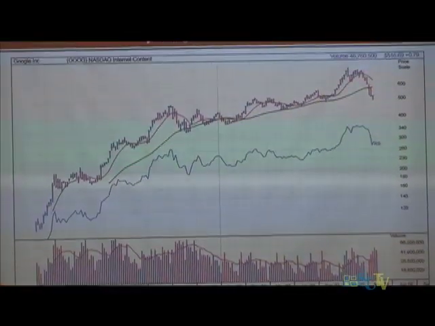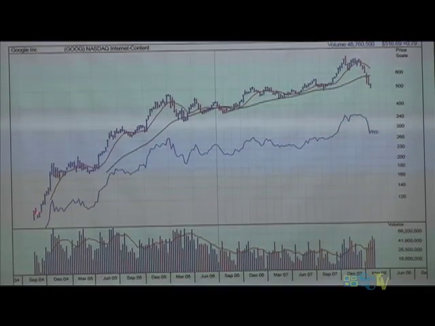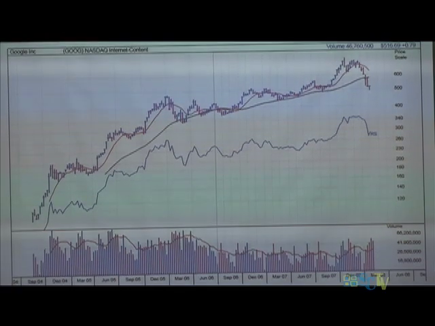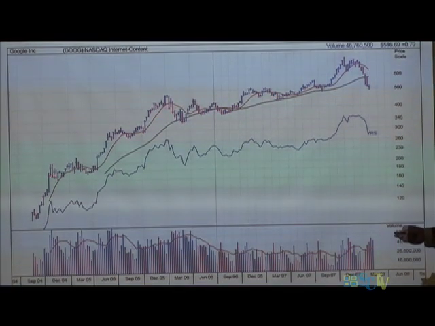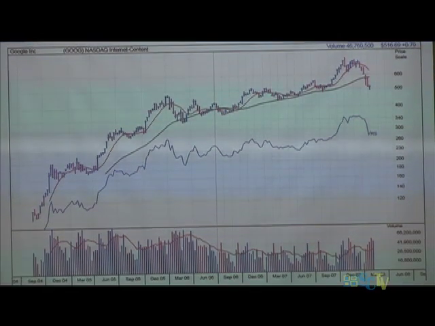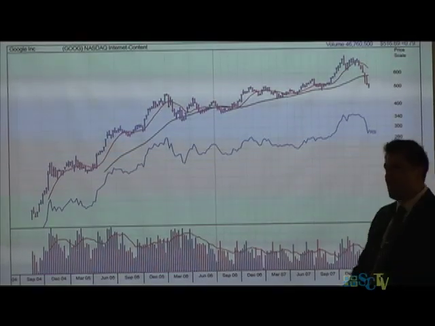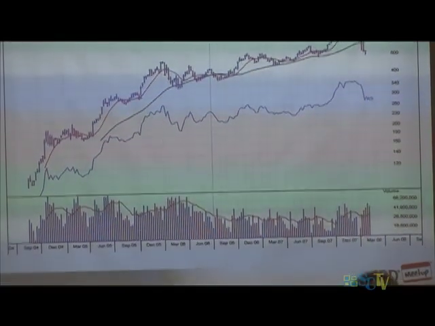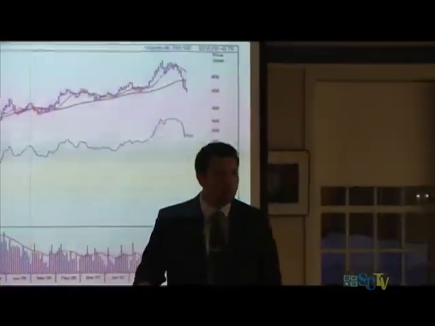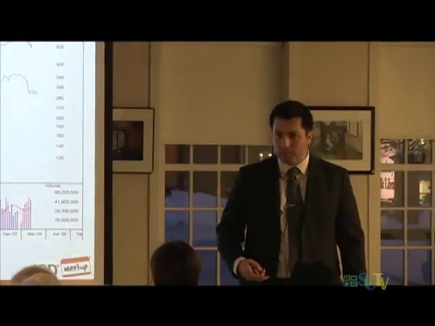This is Google from 2004. And if you remember, Google broke out of this little IPO base down here, and if you were lucky enough to catch it, good on you. Most people didn't. But it had a nice price move for several months. And like all stocks, they eventually go through a consolidation, a pullback, or correction. The words consolidation, correction, pullback, chart pattern, pretty much all mean the same thing.